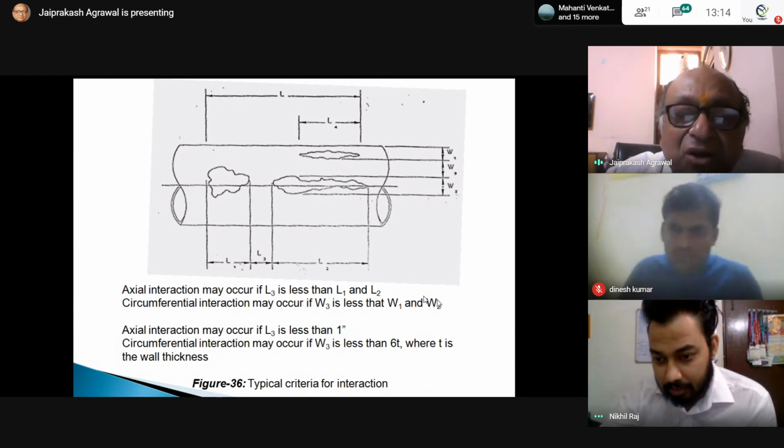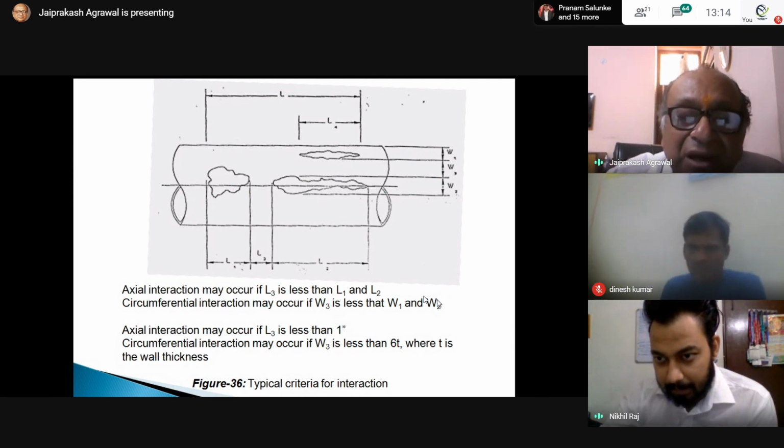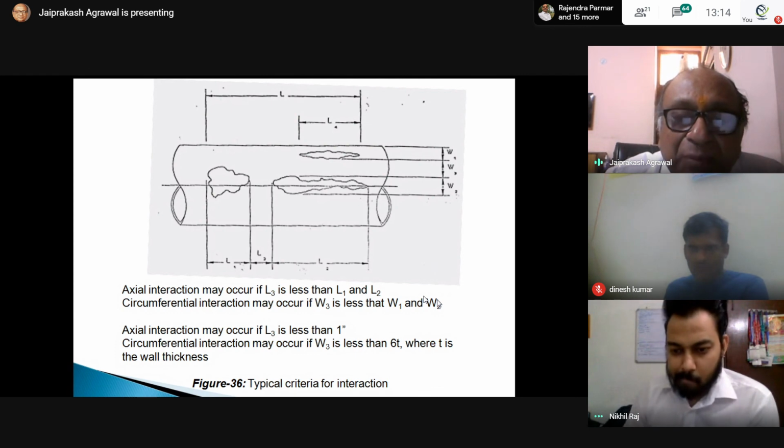See, because this pig moves in the pipeline because of the differential pressure between upstream and downstream. So that depends upon the pressure of the flow of the gas or the oil. What is the speed or the flow rate of your gas or the oil?